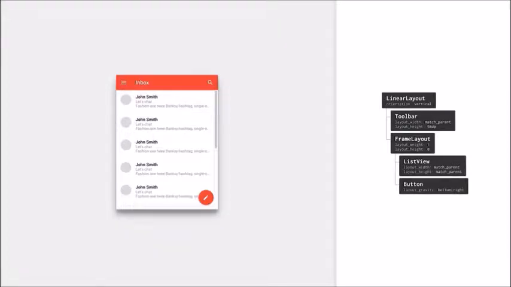Okay, so here's our first simple example UI. You might recognize this as something similar to Gmail. How would you go about constructing this UI? In most situations where you have stacked content like this, one on top of another, it's likely you'll want to